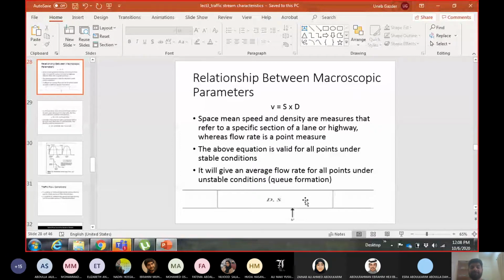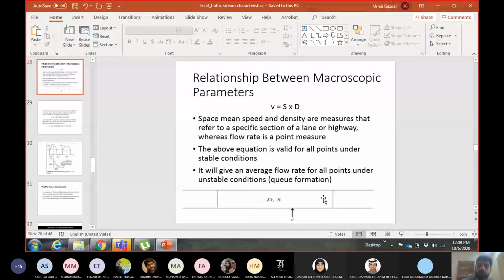Secondly, the geometric characteristics of the section should remain the same. In a uniform section, the geometric characteristics should remain the same, meaning number of lanes, lane width, shoulder, median, and so on and so forth. Okay, so if there are 2 lanes at the start of the section, till the end it should remain 2 lanes. If there is a shoulder, there should be a shoulder from start to end. If there is no median, then there should not be a median from start to end. Okay, so nothing changes from start to end. That's a uniform section. So if you have a uniform section, then you can use this equation to get the flow rate at any point on this section, because the flow is constant.